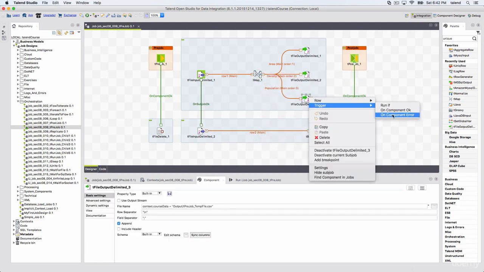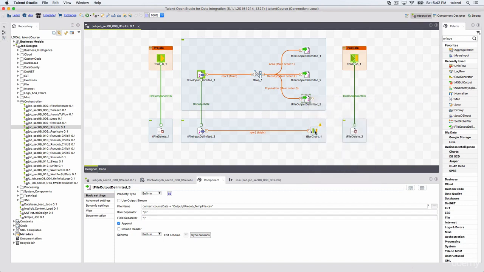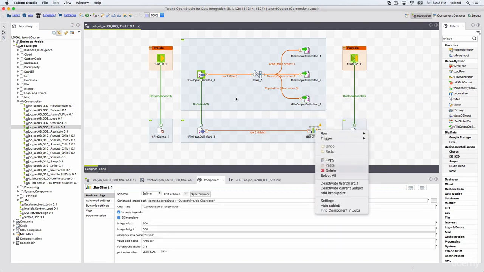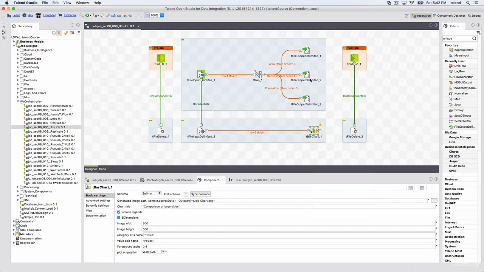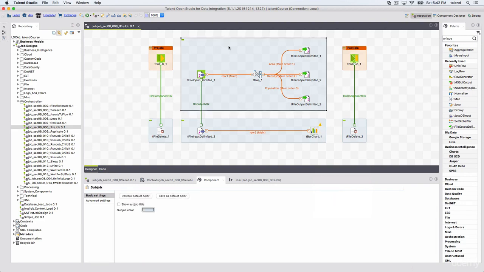As you can see, component okay, component error. Sometimes you want to trigger another subjob once a specific component is finished. Instead of waiting for the whole job to finish, you just want to trigger something else when a specific component is finished processing.